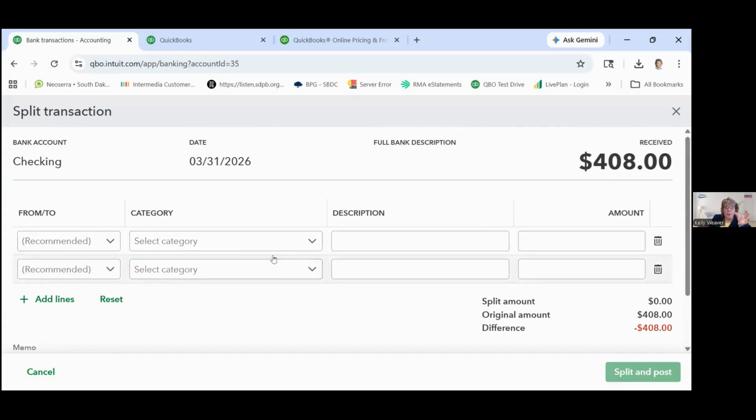So had I had anything left in the undeposited funds, I should not have done what I just did and cleaned them off. They would show up here and I could select them just like I did when we did the deposit. So there's a way to do it when it comes to the bank feed. The problem is, from a logistical standpoint, when you receive those payments, you've got all the information in front of you: you know who paid you, you know what you're taking to the bank, all that data is right there. So you might as well just go create the deposit and be done with it.